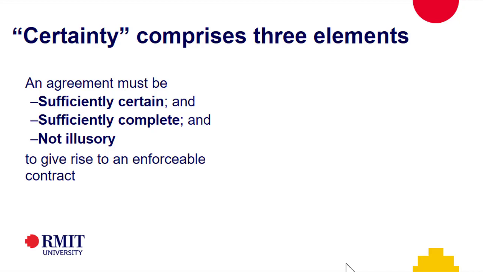So in particular, where that often happens is, do we see consideration? Because if there is no consideration, often that's where the certainty falls over. It's insufficient, the agreement isn't complete because it's missing that material element. But there are other essential terms that if they're missing, we won't have certainty. And then this negative statement, is it not illusory? And an illusory promise really goes to discretion. So let's pull each of them apart.